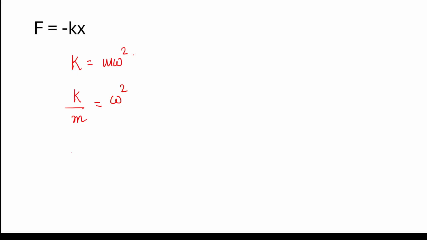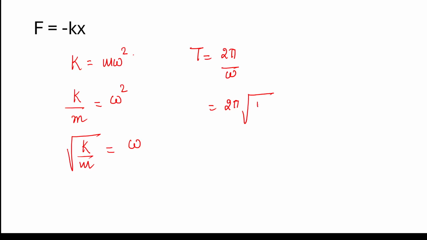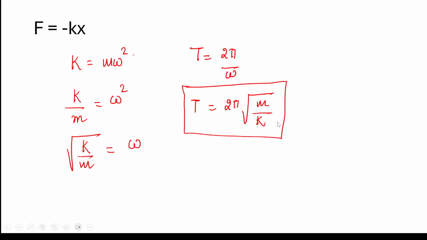So I can take a square root. So this is k over m, that's omega. And then I can calculate time period, which is 2 pi over omega. So this becomes 2 pi under root m over k. So this is a theoretical calculation for the time period. You can, of course, calculate time period using experimental methods, but this is the way you can theoretically calculate the time period. And this one would be given in your equation sheet, but you should know where it has come from,